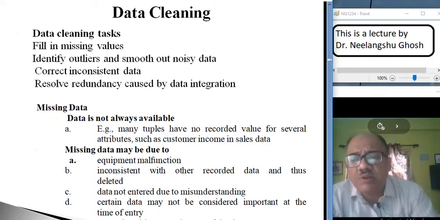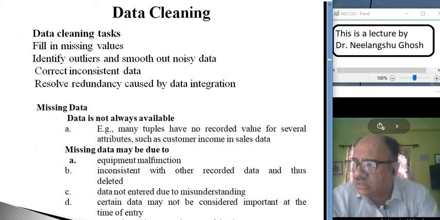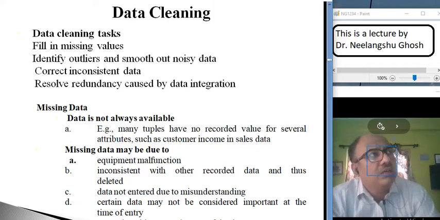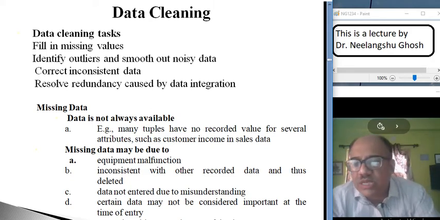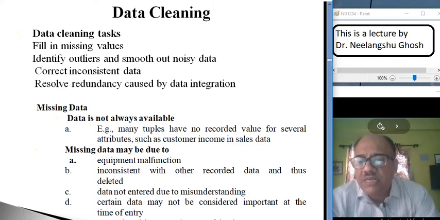Certain data may not be considered important at the time of entry. So sometimes it may happen that some values are missing because it was thought that the particular value may not be important, so it is not being used. And lastly, it could be many data may need to be